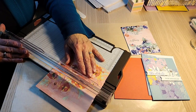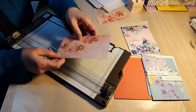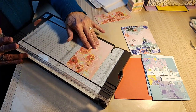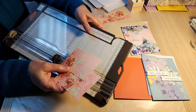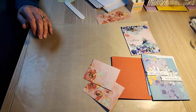And I will adhere that. So 2 1/4, and then I just go a little beyond. So this piece is 6 by 3 3/4-ish. So I'm going to turn it sideways, and it's 6 inches. I'm going to cut it in half at 3 inches. So the first cut was 2 1/4 plus a little, and then turn it sideways and cut that in half